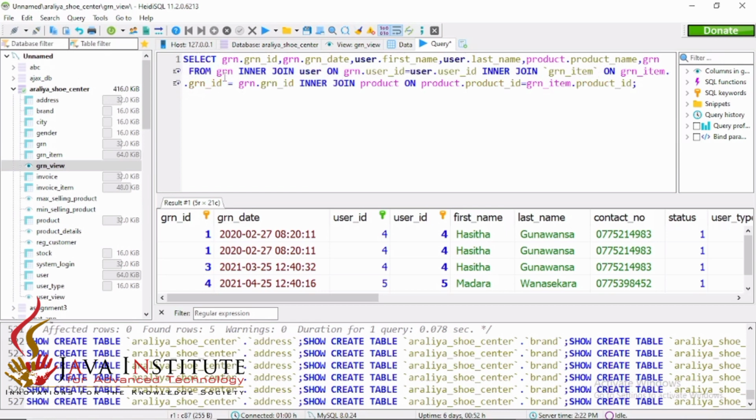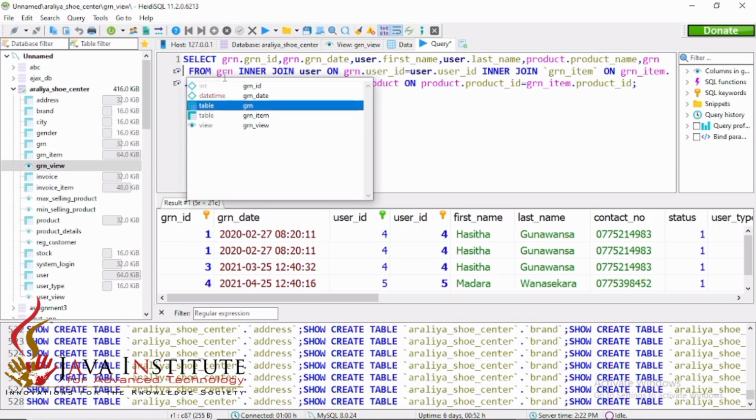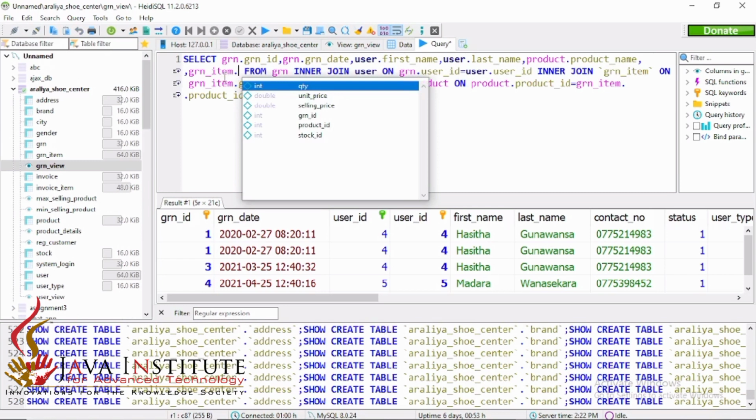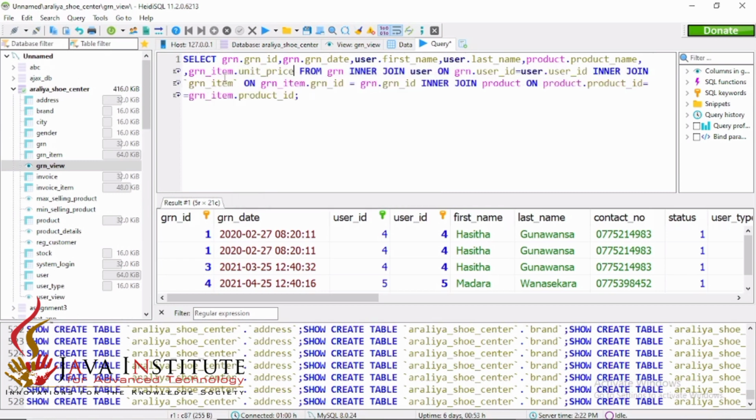From the GRN item table we have to find out the unit price. Okay, so then also we have to find out the selling price and finally the quantity from the GRN item table.